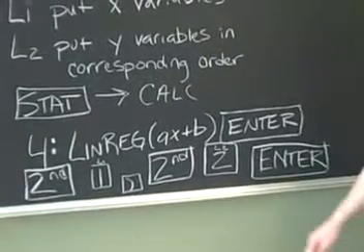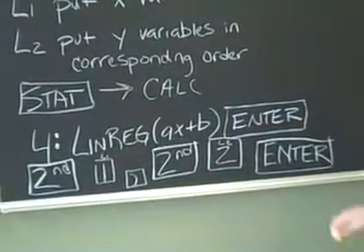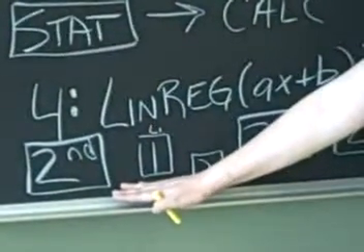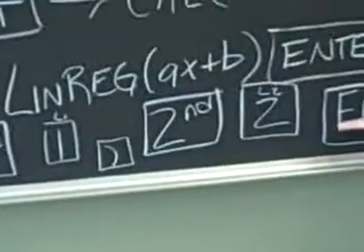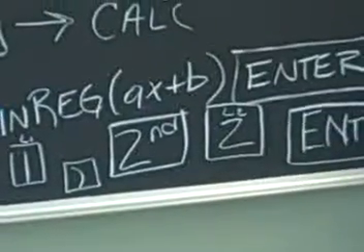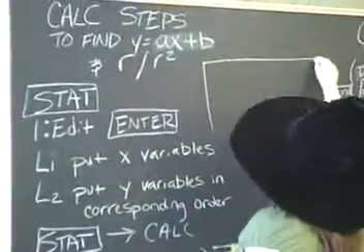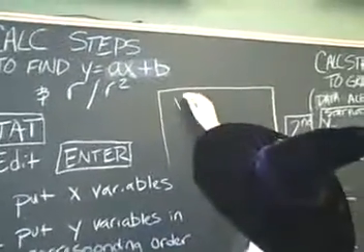After plugging all of our data into the lists and following these steps, once you're on your home screen, you tell it to get the X values from list 1, comma, list 2 for the Y values. Once we do that, our home screen should tell us